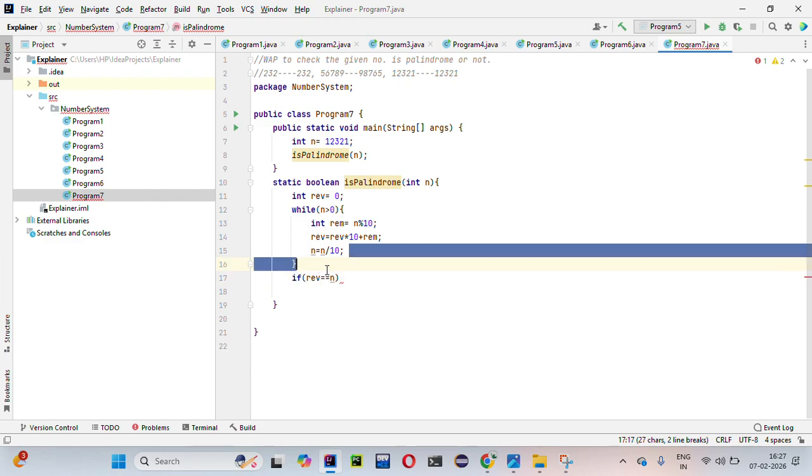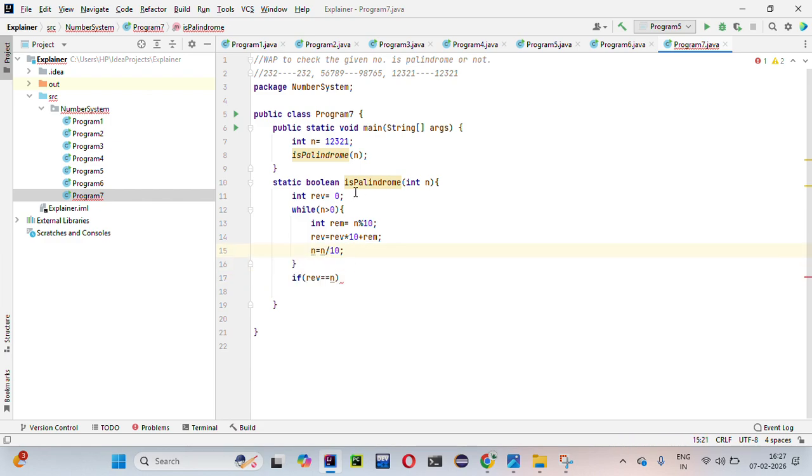So first we need to store our n value in a variable. We will modify the n value, but we will not modify the value stored in the temp variable. So if reverse is equal to temp, it means the number is palindrome. So true,